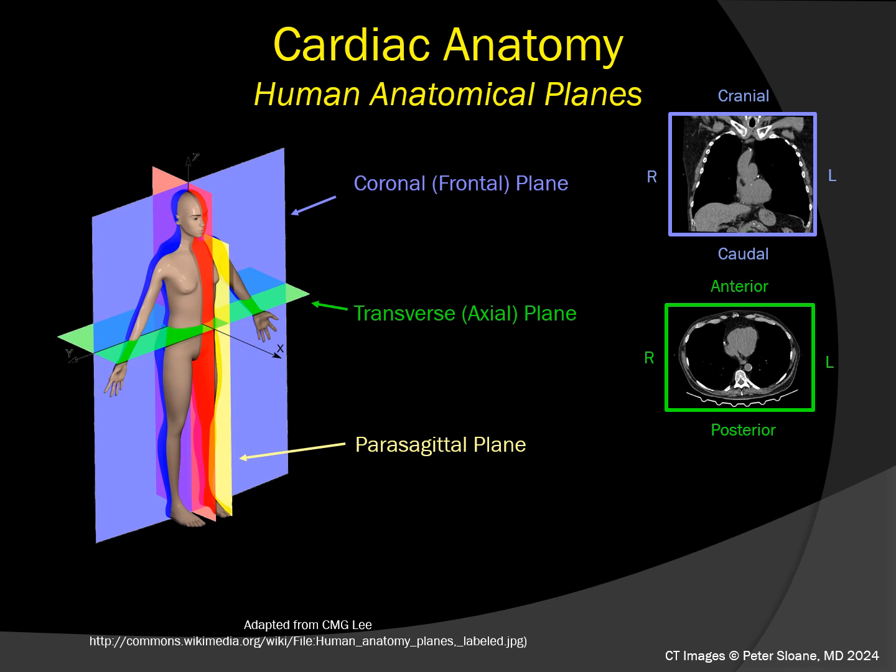The final principal plane is termed the parasagittal plane and is any slice through anatomy from front to back, dividing the anatomy into a left and right half as shown here in yellow. The corresponding CT image shown here is projected as if you were looking at the patient from the side. By convention,